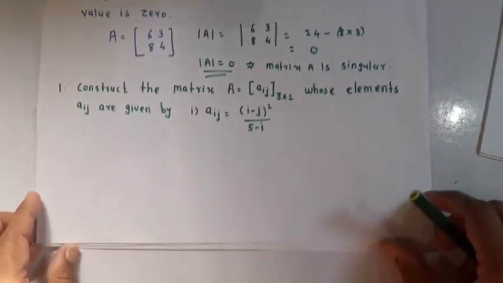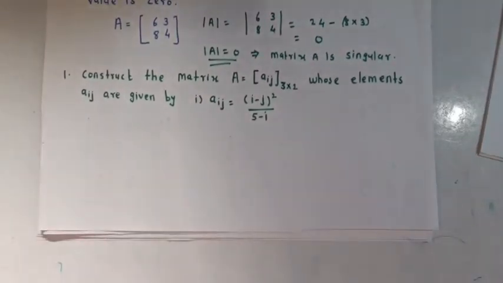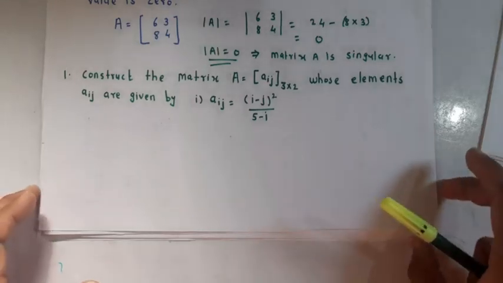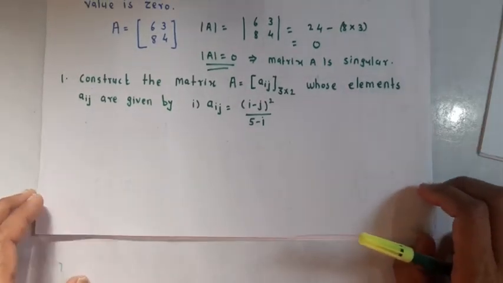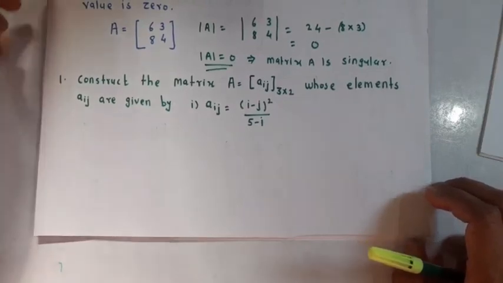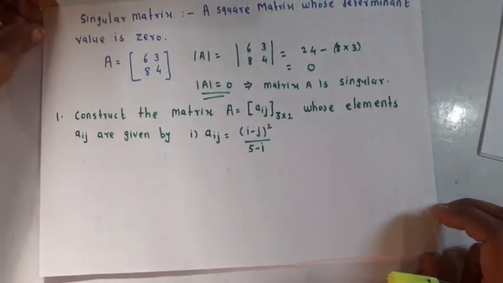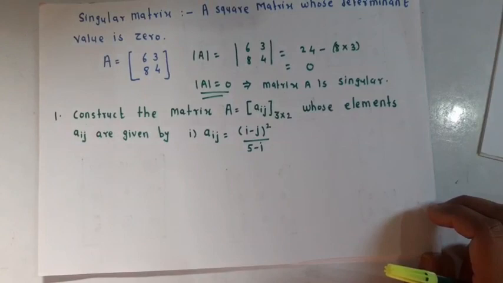Students, in the last video we have studied the matrices. In the last video, we studied the different types of matrices. Now, students, by using the definitions and properties of different types of matrices, we have to solve the exercise problems from exercise 4.4. So let us take the first problem of exercise 4.4.